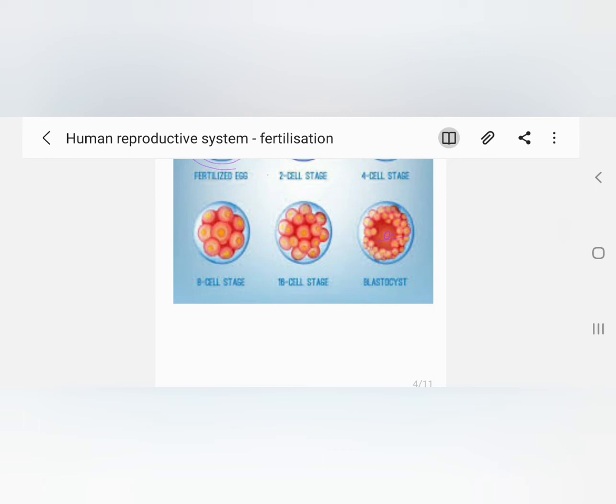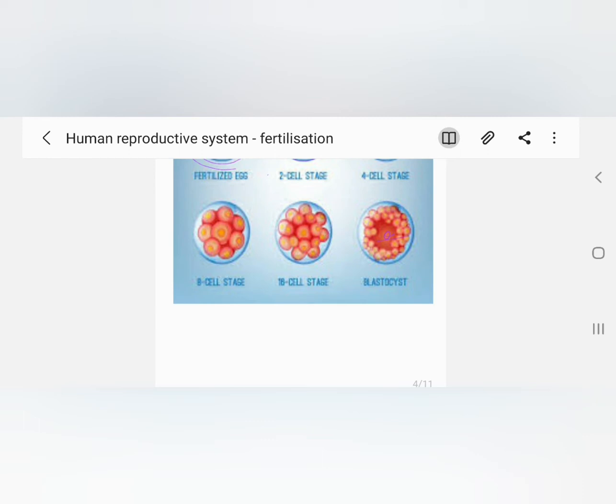The cavity present inside is called the blastocoel, and the total ball-like structure can be called the blastocyst. This blastocyst undergoes many other changes like invagination and epiboly. As a result, a three-layered embryo will be developed. See here the various stages of development of the embryo while it is passing through the fallopian tube.